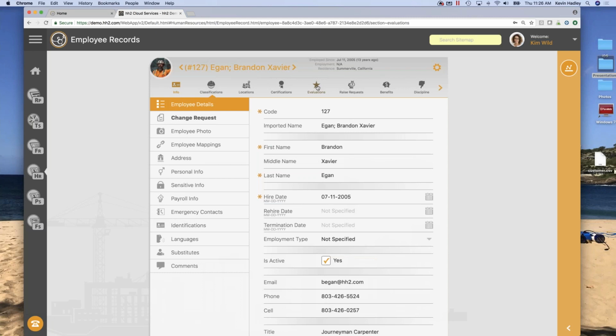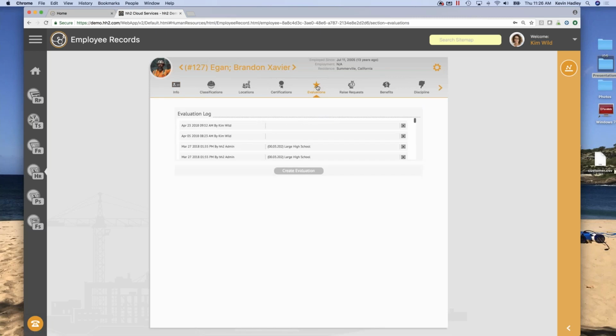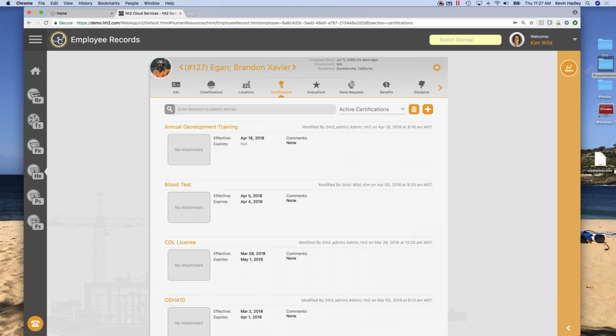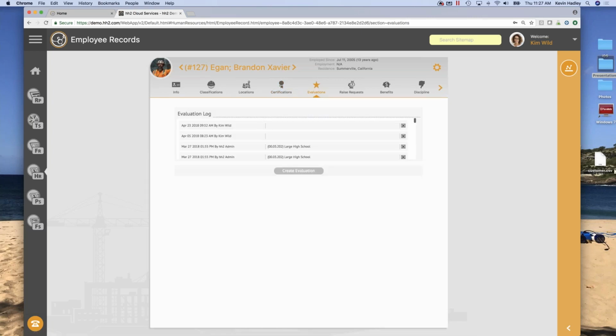The next one that is pretty popular is the evaluations tab. You'll also notice a little bit of a change in some of these different tabs that we have. We're in the process of updating from the ground up our HR system. We're updating in place. And so some of these tabs are currently being worked on the development side, so they look more like this here. It's a little bit more fresh and clean. This looks a little bit more old in some of our, so as you see some of these screens, that's why there's a little bit of a difference here as we upgrade this in place for our customers.